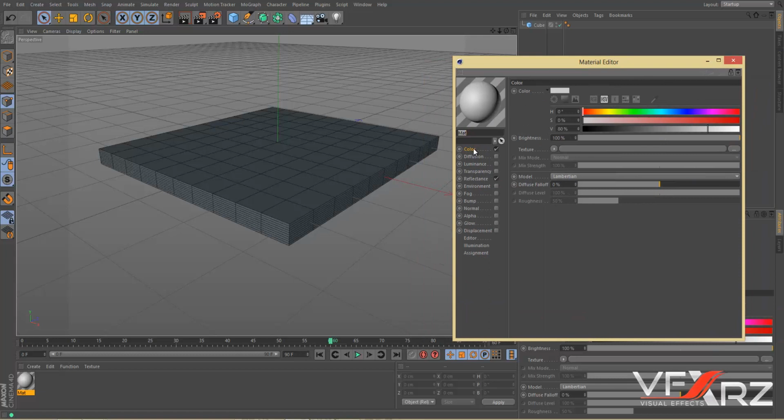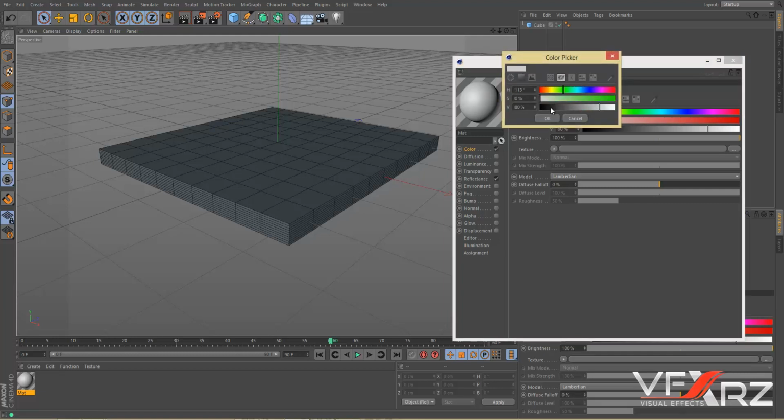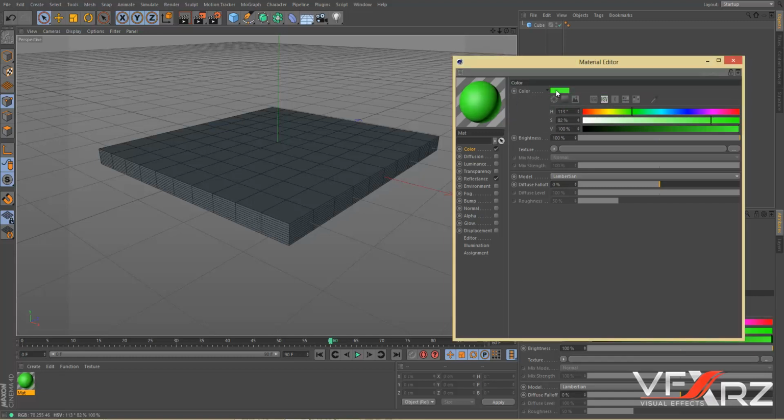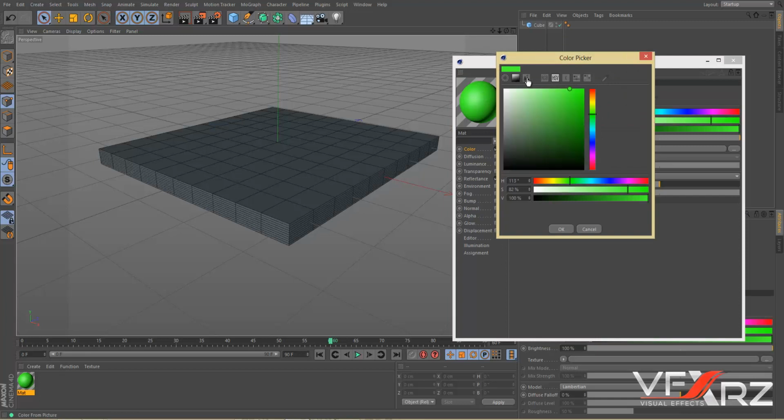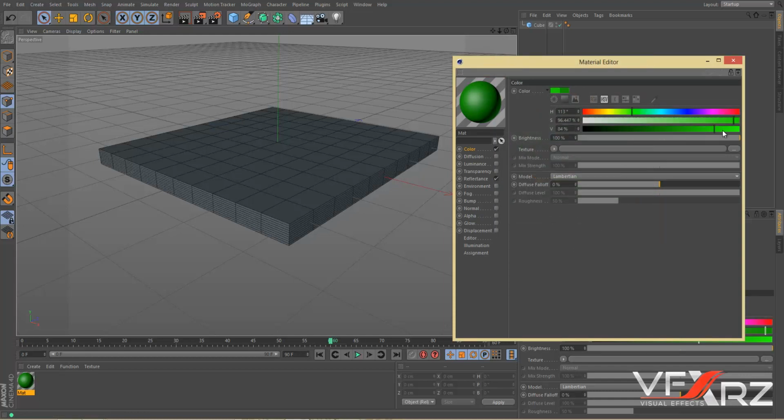First property is color. If you turn on this checkbox and here click that, as you can see, you can change your color, for example, to green. And with here you can change shade for your color. Okay, for example, this color, and here you can change brightness and darker for your color, and here you can change brightness of that,